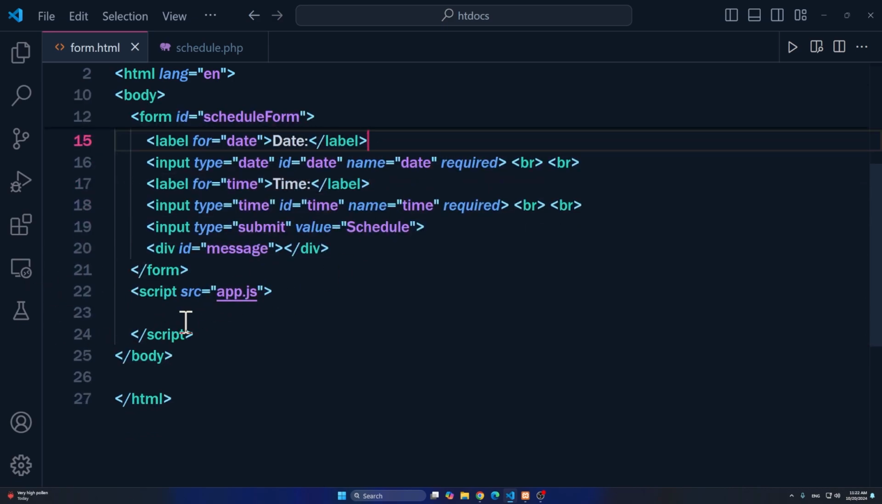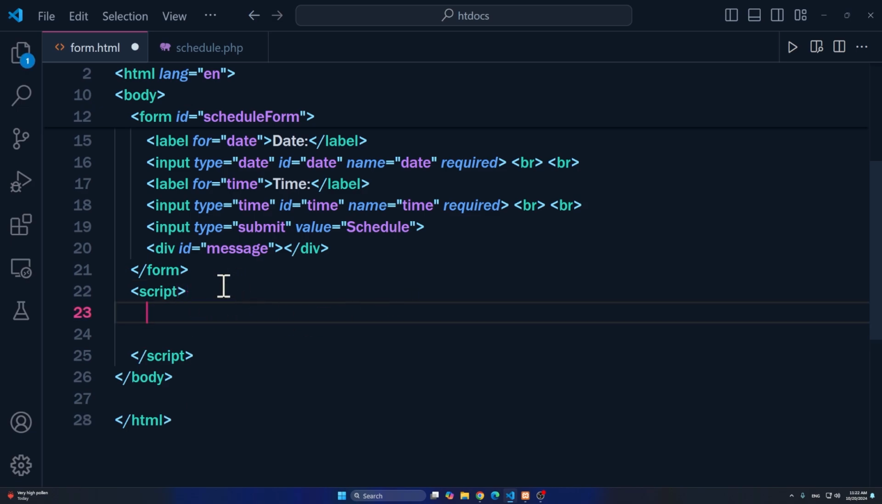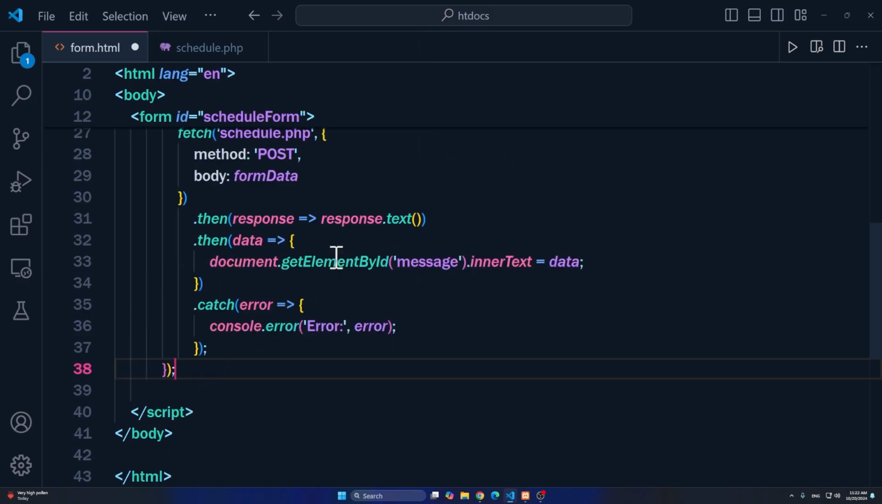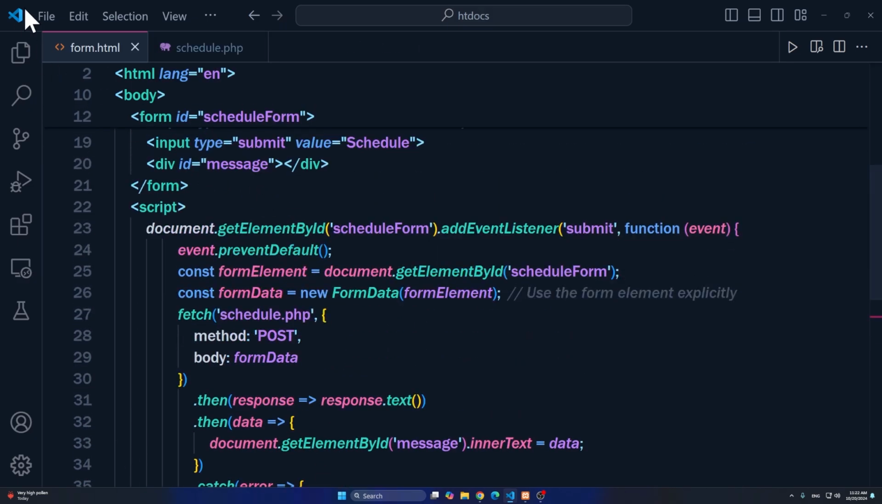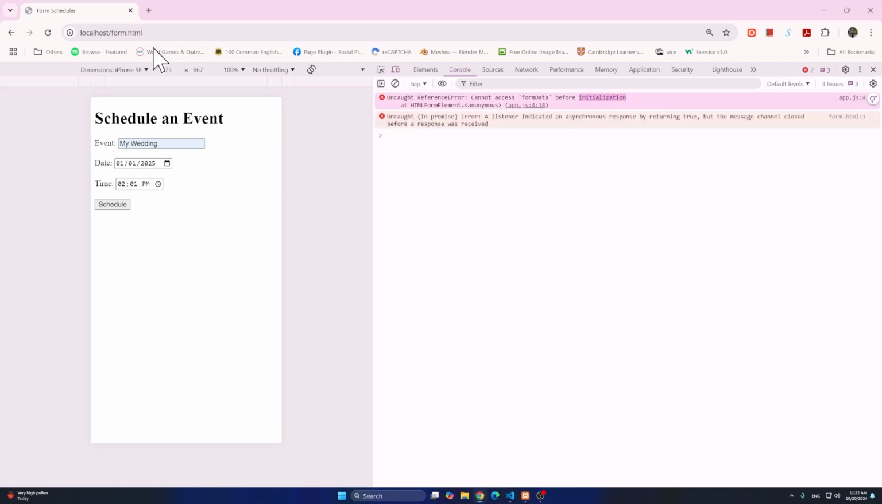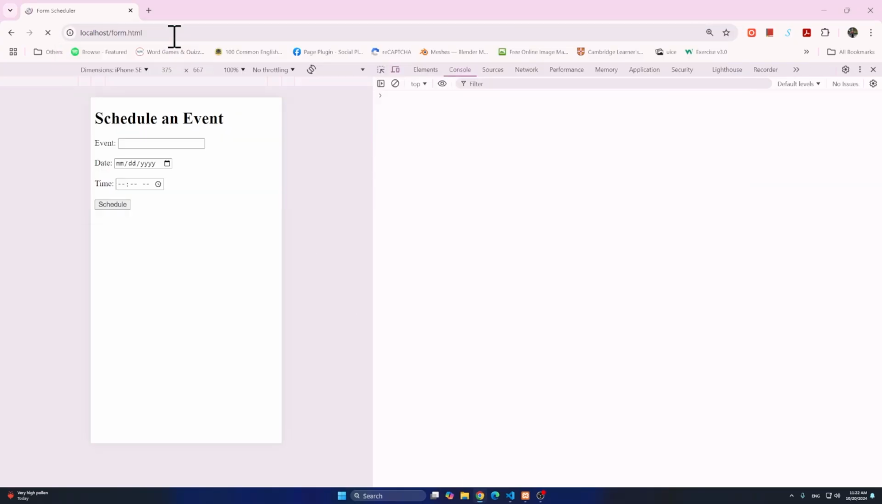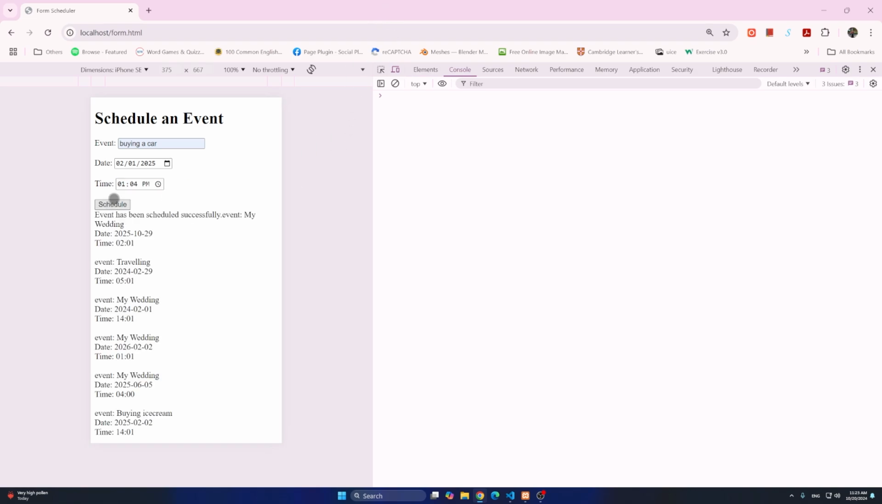And right here inside of the script, I'm going to get rid of this source, the source app. I'm going to keep the script here and place my JavaScript there. So right click and paste. Go to file, save. And now let's go to localhost again. Okay, so this time if I choose the event, it should work. It should fix that problem. So if I click on schedule, you see that it says that event has been scheduled successfully and the event